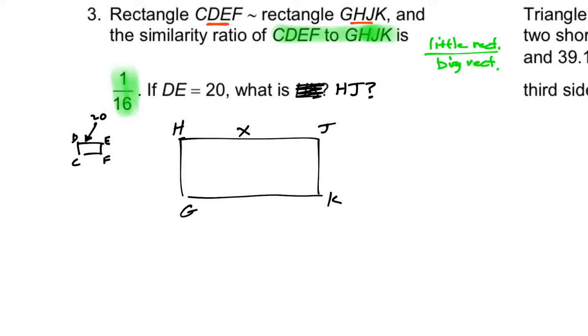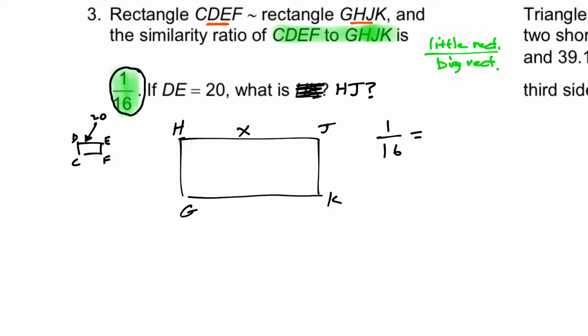So I've noted that we're doing this little over big, and again, we have to do it that way because our scale factor was given as little over big. So let's go ahead and write our proportion, and we'll solve for X. Then we have our scale factor of 1/16. Again, that's little over big. And that's going to equal then,